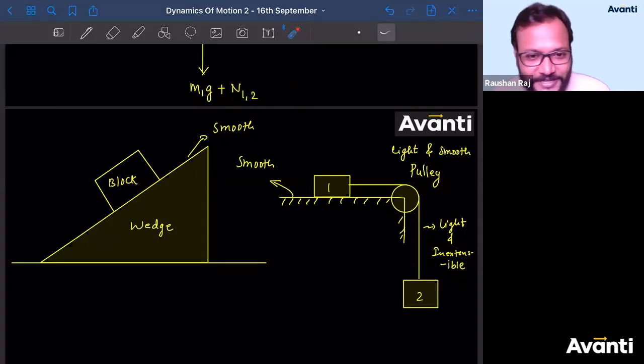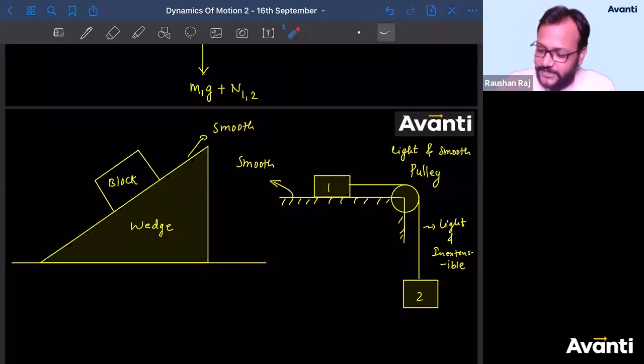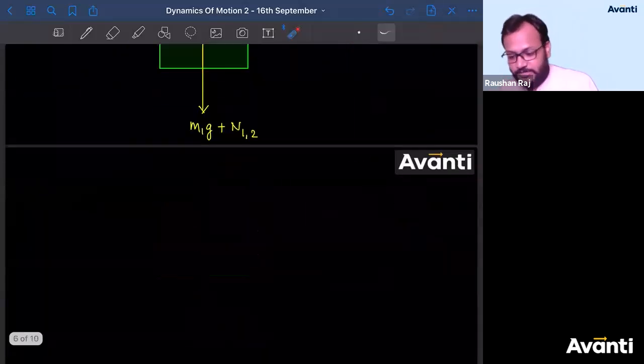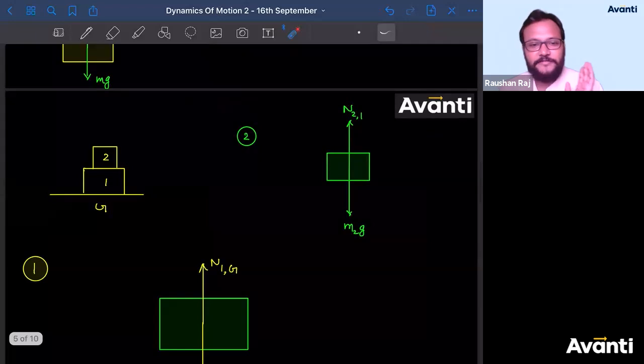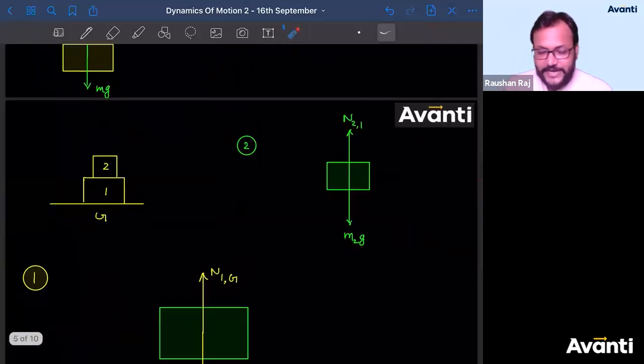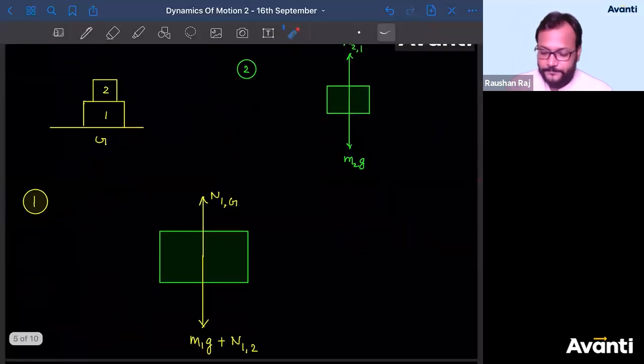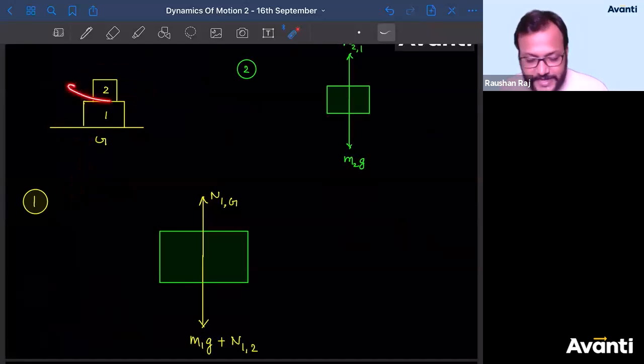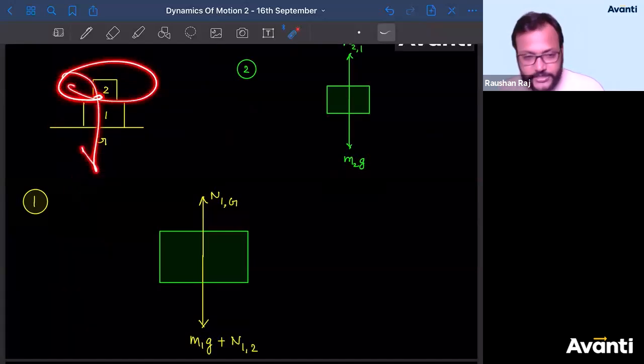Tarak Datta has a doubt here. Sir, if there is one more block on it, then will the force on third block act on both the blocks? चलो करके देखते हैं. Let us entertain his doubt. So Tarak Datta is asking a question where the question is, sir, what if one more block is there? So Tarak Datta, I think you have already the answer. Bacha, is there any effect of, देखो 2 का कोई ground पे force लगा क्या? Did this second block apply a direct force on the ground?